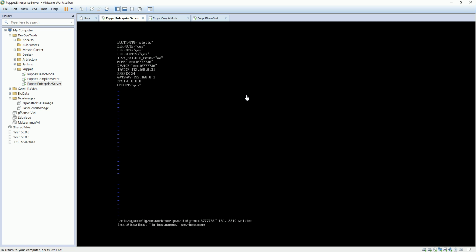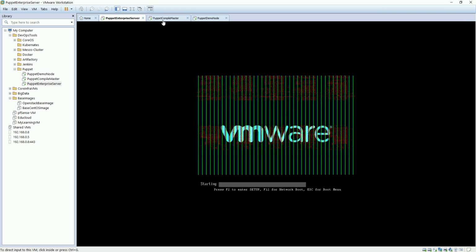With hostnamectl set-hostname, I'll call it Puppet Enterprise Server. Okay, just reboot, and